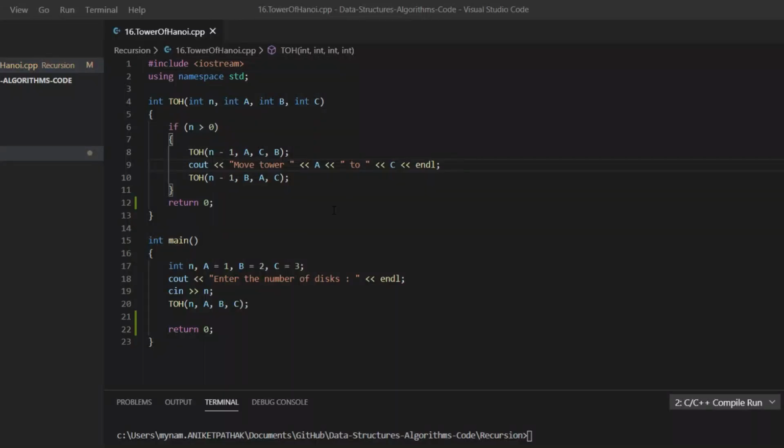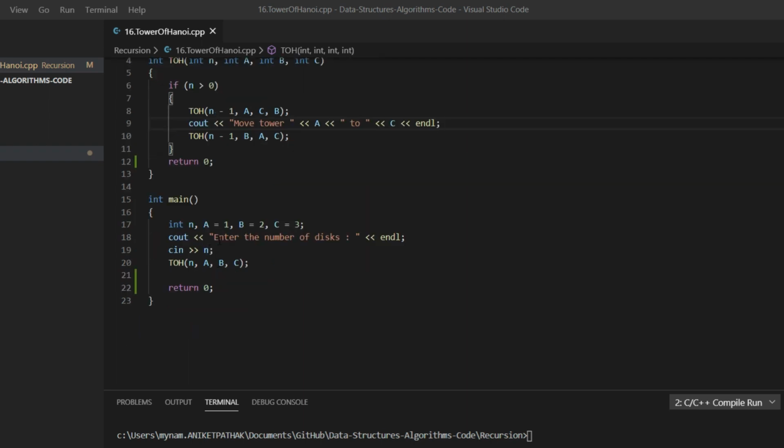Let us now execute the program of Tower of Hanoi in the compiler. Here I have opened Visual Studio Code and I have written the program for Tower of Hanoi. This is the function TOH. It has arguments n, that is the number of disks, and A, B, C, that are the towers. So this is the first recursive call and this is the second recursive call.